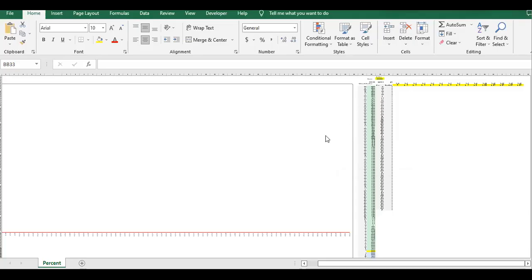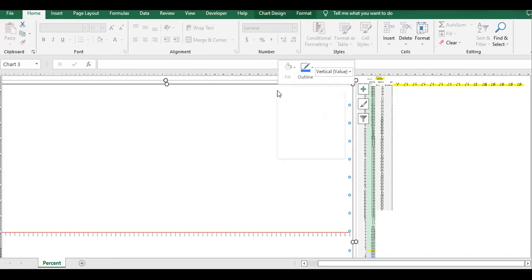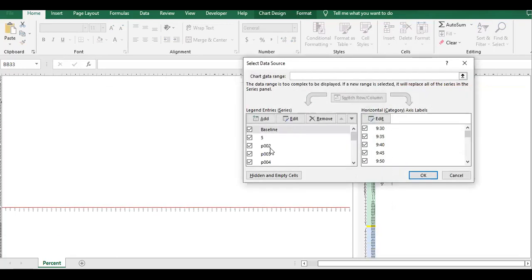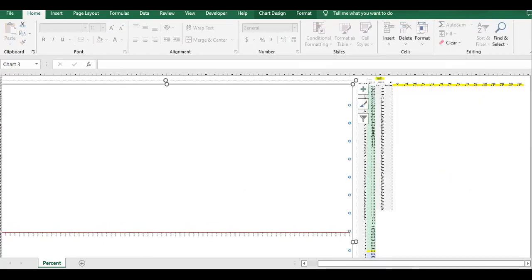Hi there. To add more entries, like more matrices in this chart, click on the chart, and then again left click, right click on it, so that you will see this blue dot on the larger chart. Then go to Select Data, and here you can select Add Chart, and you will add more fields. So let me go back and add a few fields in here,